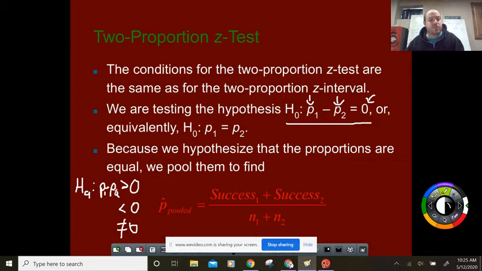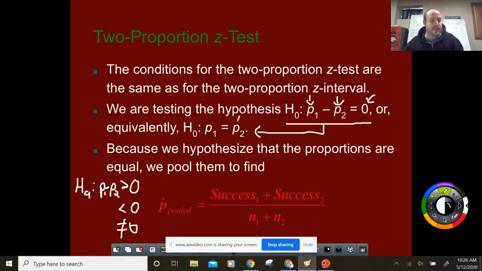Those would be the appropriate kind of phrasing for those three symbols for our HA. So when we're looking through this, don't freak out. It's almost the exact same as before. Now, the only thing you have to be careful of is when we plug it in the calculator, it usually